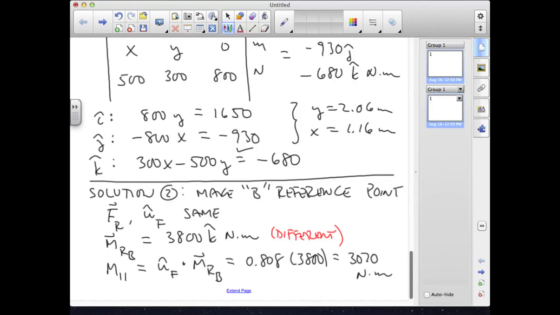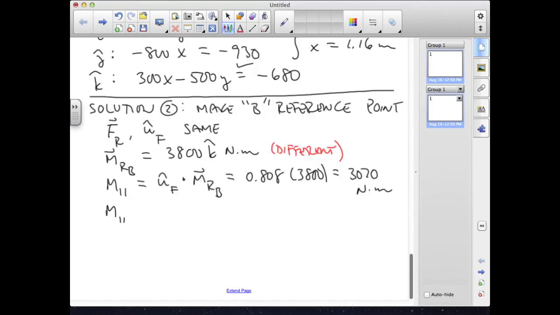So that's the same. The resultant force and the parallel component of resultant moment are the same. That's encouraging because we don't want to get a different pair depending on our reference point. So our M parallel vector is still 3070 on the unit vector that points in the direction of the force,